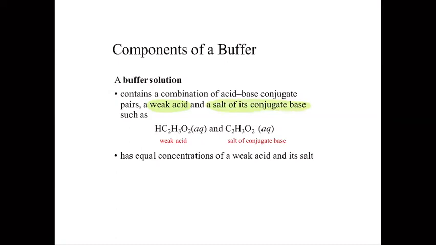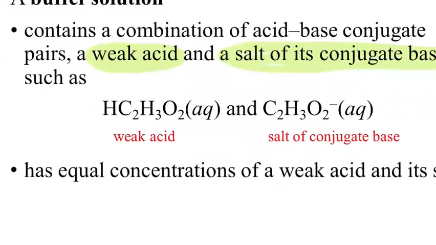Okay, so to give you guys an example of a buffer, here we have the following pair. The molecule that we have on the left, this is acetic acid. How do we know it is a weak acid? Because remember that I mentioned to you that, and even for the last exam, you guys needed to memorize which ones are the 6 strong acids. Once you know the 6 strong acids, anything outside of those 6 is a weak acid. Acetic acid is not a strong acid because it's not part of those